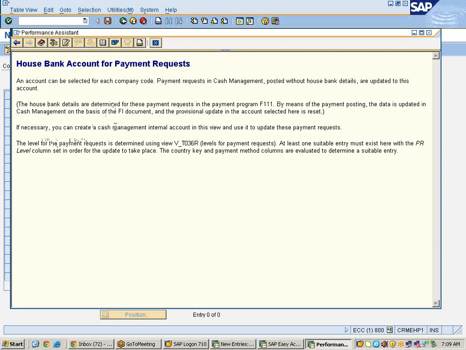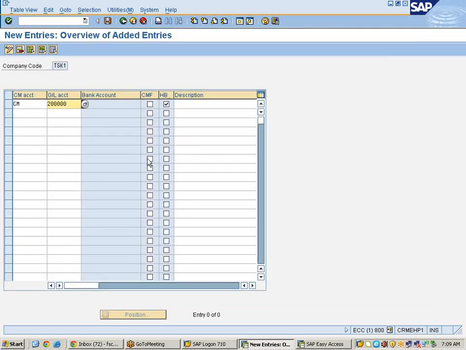If necessary, you can create a cash management internal account in this view and use it to update the payment request. That means what I am saying is all the transactions we are going to interlink with the bank account. If you are using the bank account as a clearing account, we need to enter the appropriate GL account, and also we need to check this house bank.